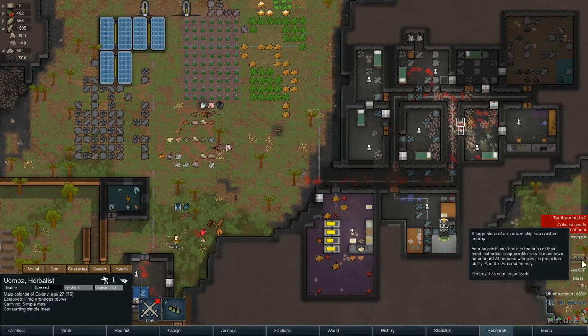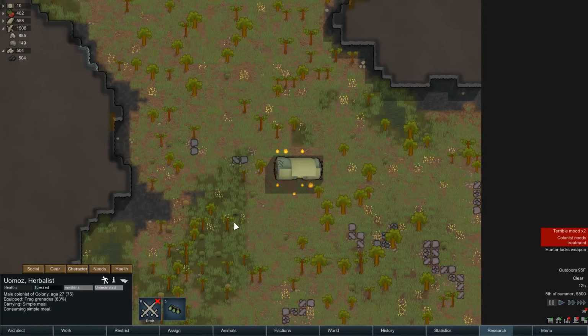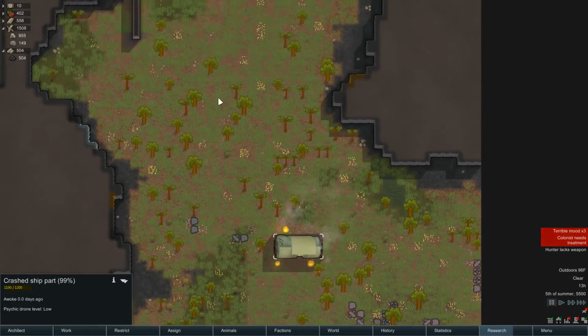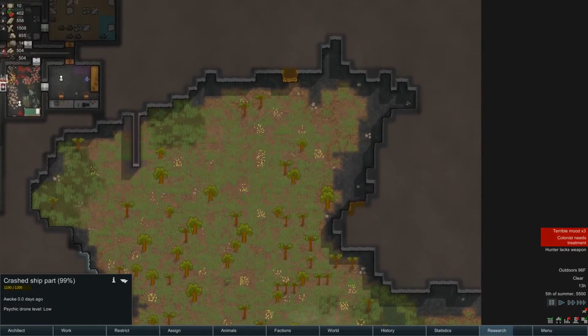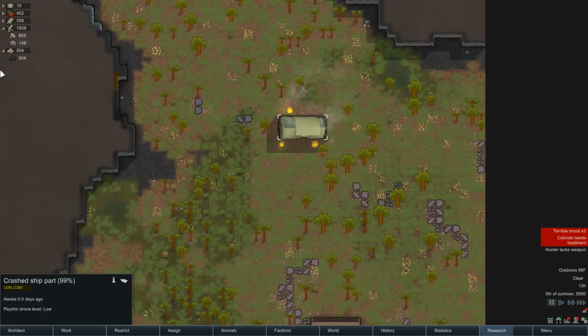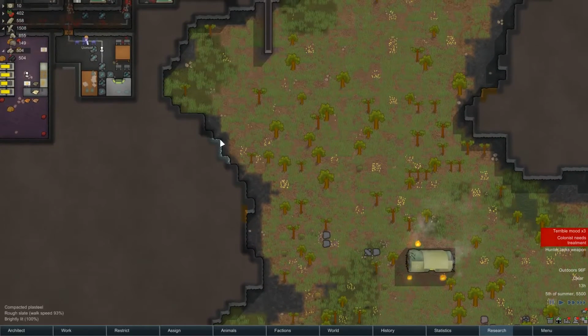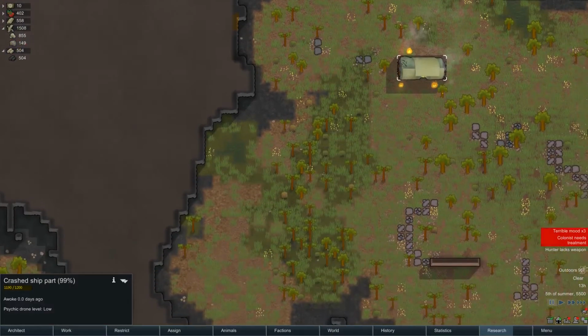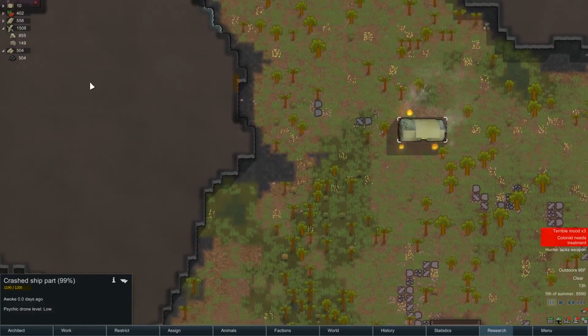And we have a psychic ship! Well, that's fun. And it's setting the forest on fire a little bit. So, psychic drone level low. It's actually pretty far from us. Is that silver? No, it's plasteel. It's pretty far from us, if only because we have this stuff here. So this is